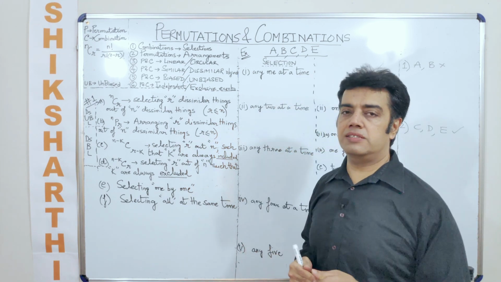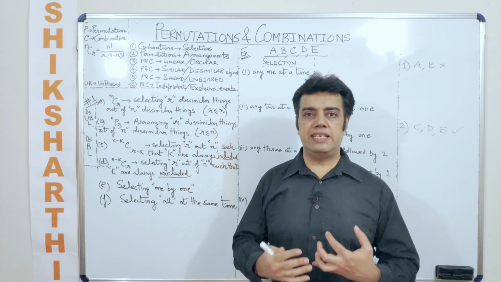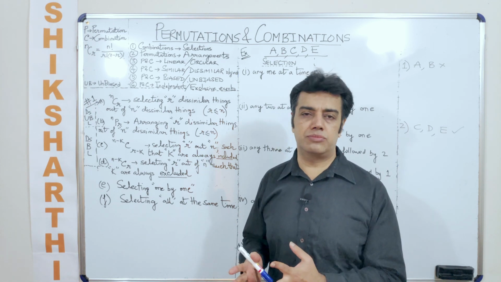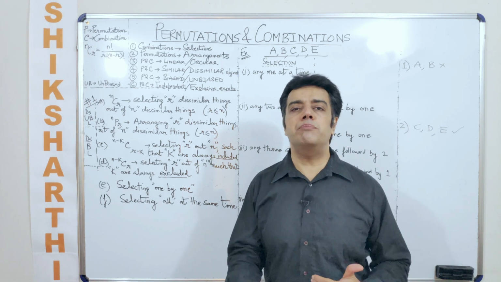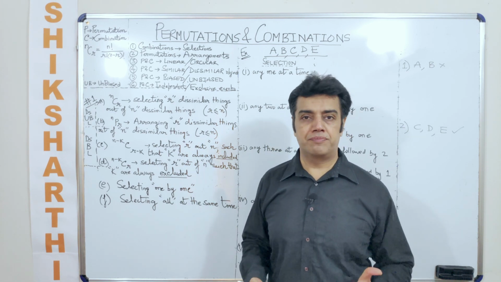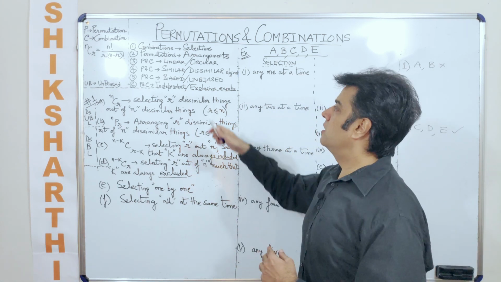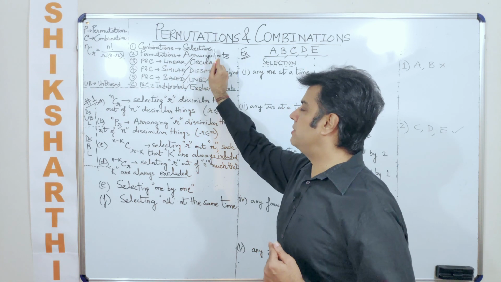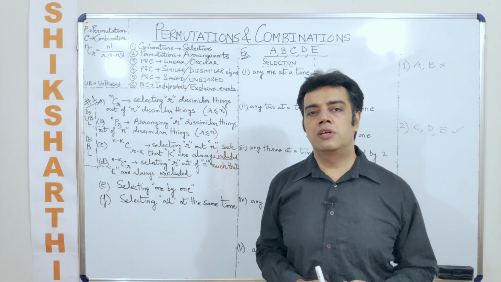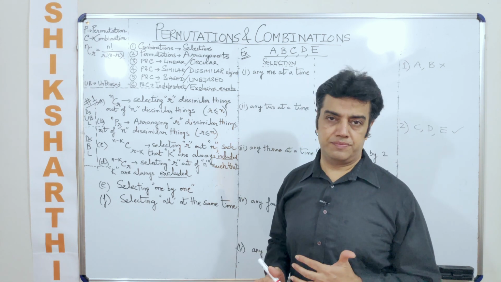The logic behind this is, first you select the entities, you select the items, and once you have already selected the items, then only you talk about arranging the items. Arrangement will never come before selection because this is meaningless and it is a waste of time. So something which is very meaningful and saves time is what? You start off with combinations. Combination means selections. Thereafter, once you have already selected, then you would talk about various arrangements.